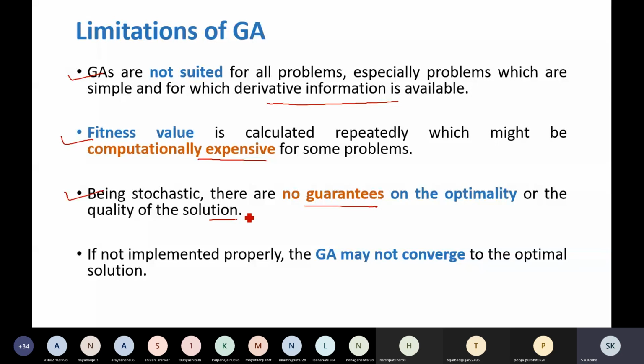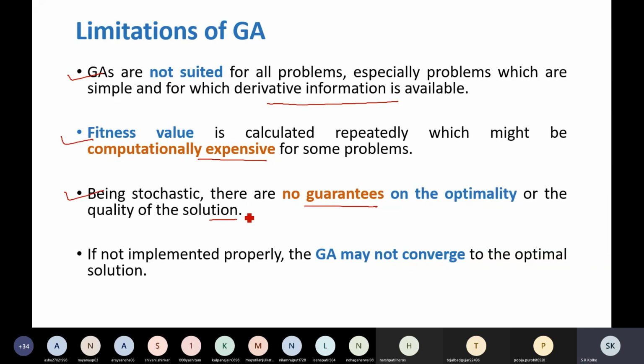See, crossover. In crossover, what do you do? Some of the bits or digits you take from one parent chromosome, and some from the second parent chromosome. Some means you select randomly, depending upon the technique. There is a stochastic nature there, because which bits or digits you are going to select for swapping, whatever crossover technique you are using, that is random.